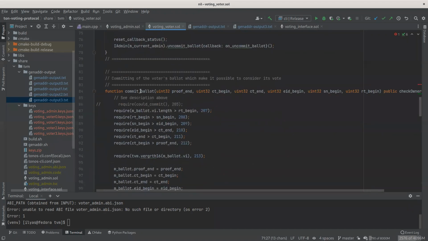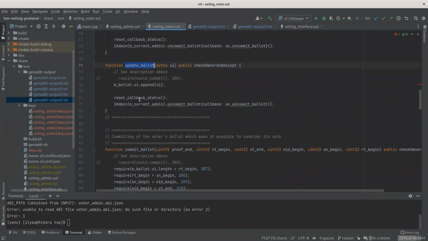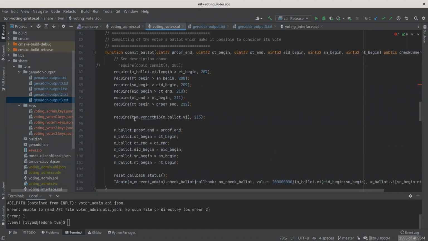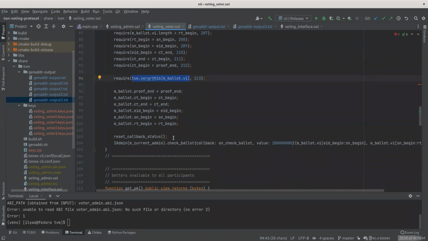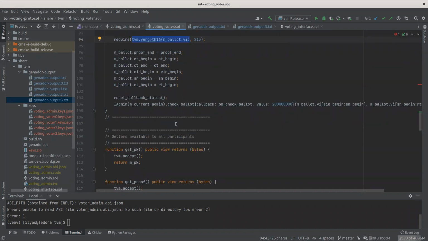function, and when voters are ready to commit, when they upload them, they can do it in several steps, because in the current implementation, a ballot could be large. So once the ballot is checked, it is saved in the smart contract, and